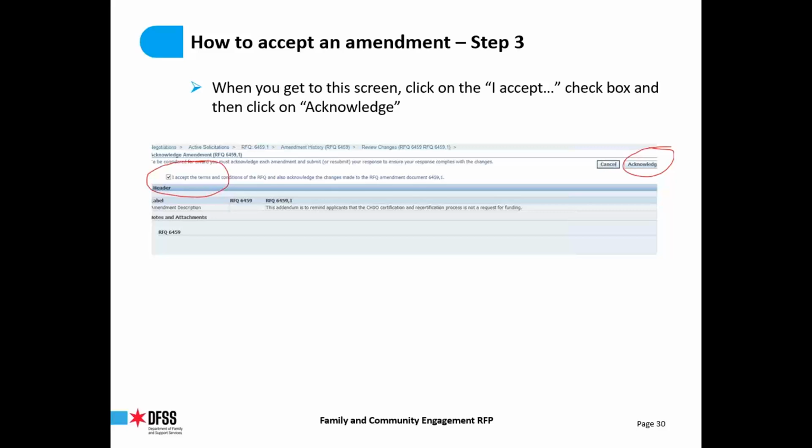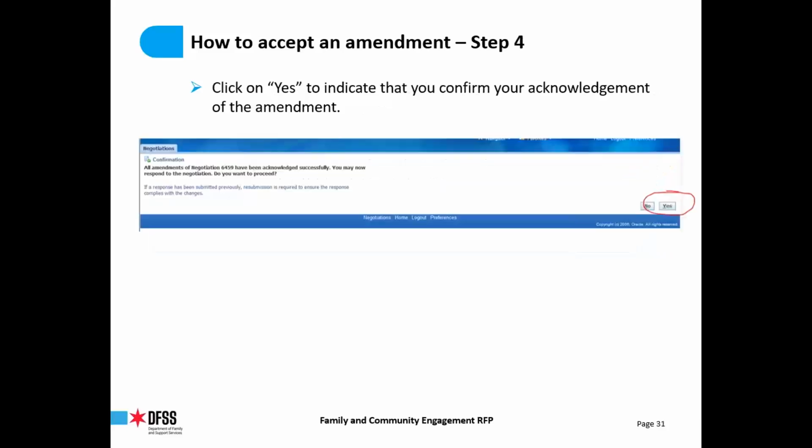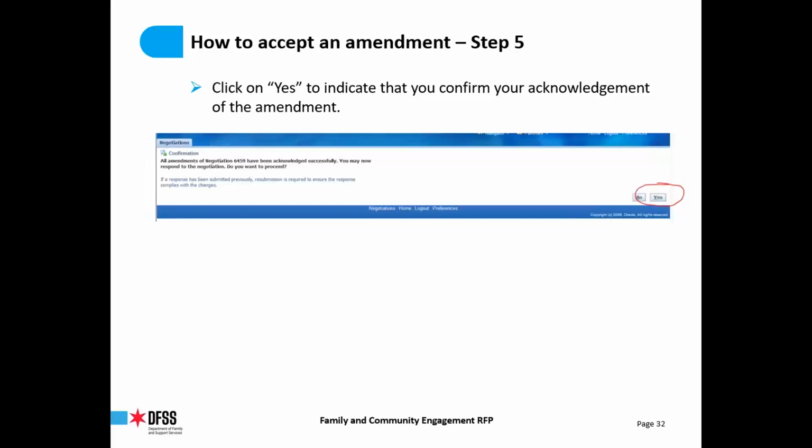next screen. We're going to go to step 4, where you confirm your acknowledgement. So, you've confirmed your acknowledgement. You say, yes, I understand, again, and then you hit yes. If you hit no, it's just going to take you back to the screen where you have to read the amendment, just in case you were curious. So you're going to hit yes, and that will take you to this screen, that's step 5, where you confirm that